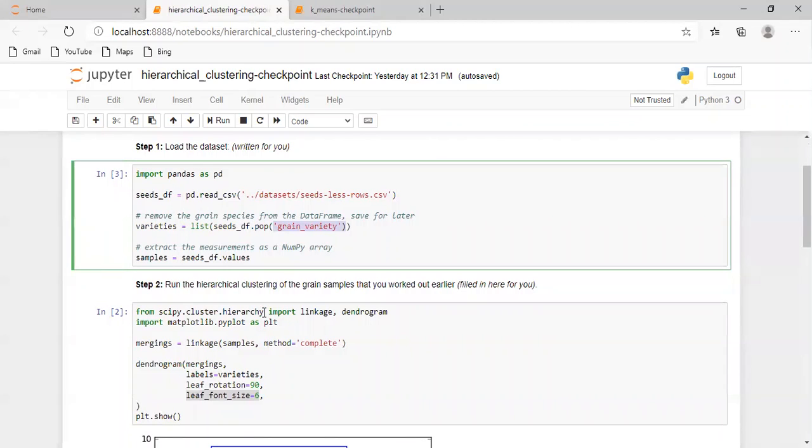Whatever values you get from the seeds underscore df dot pop, you are going to consider in the samples, because we need all those data points if we are going to apply agglomerative techniques.